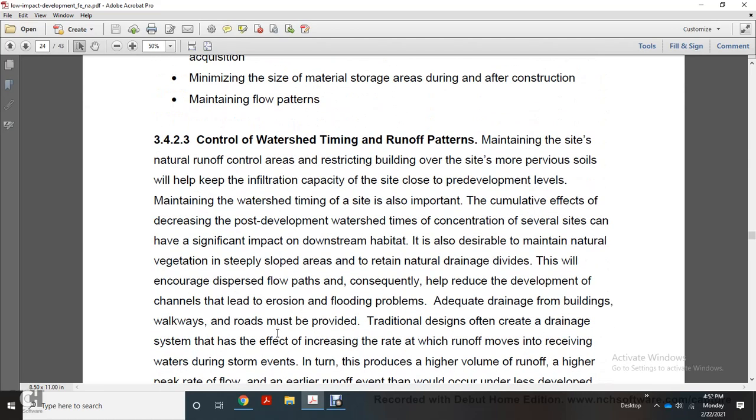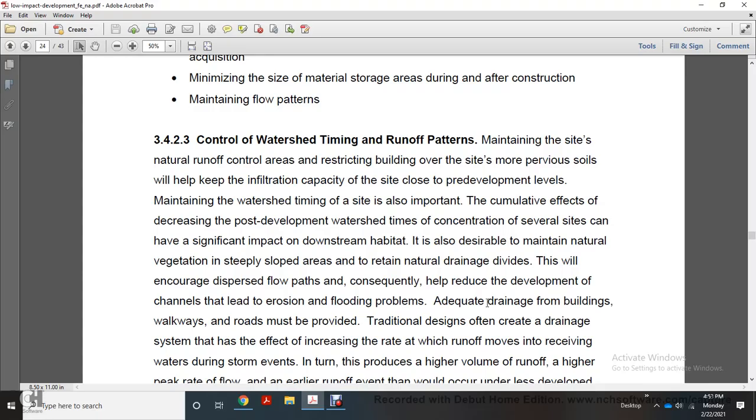Next, control watershed timing and runoff patterns by maintaining the site's natural runoff control areas and restricting building over the site's more pervious soils. This will help keep the infiltration capacity of the site close to the pre-development level and maintain the watershed timing, and it is also important because the cumulative effects of decreased post-development watershed timing, with the concentration of several sites, can have a significant impact on downstream habitat. Also, it is desirable to maintain natural vegetation on steeply sloped areas and to retain the natural drainage divides. This encourages dispersed flow patterns, which consequently helps reduce the development of channels that lead to erosion